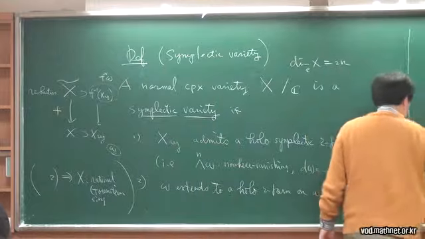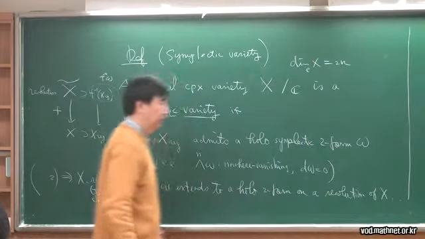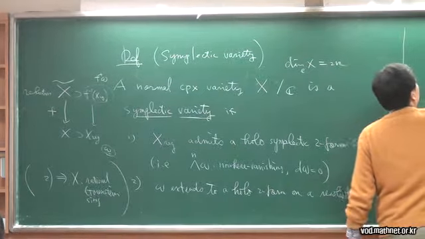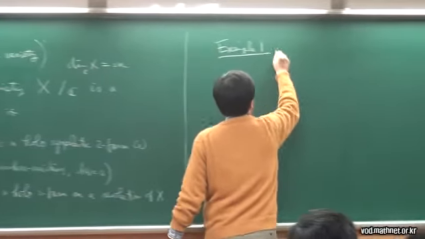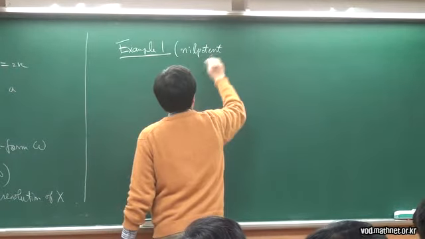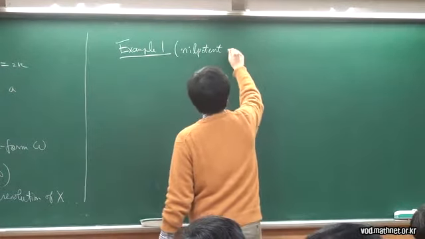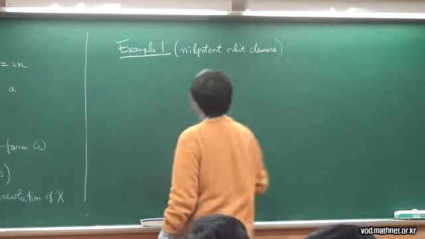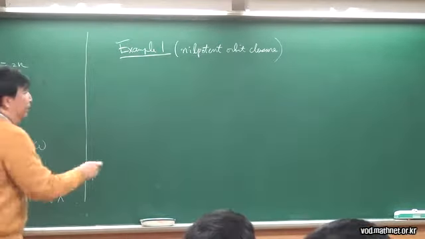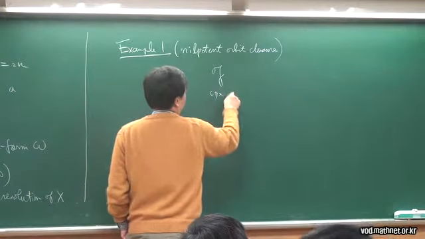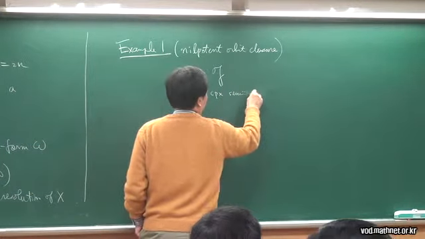So I'm interested in the affine case, and I will give you some examples. The first example is the nilpotent orbit closure. What does it mean? You start with some complex semisimple Lie algebra,